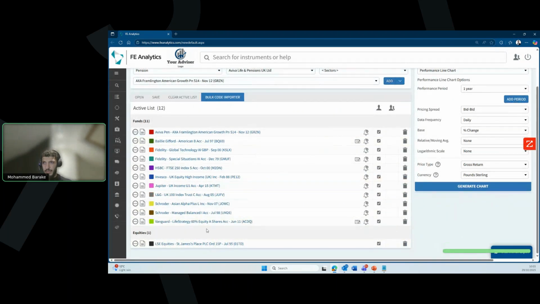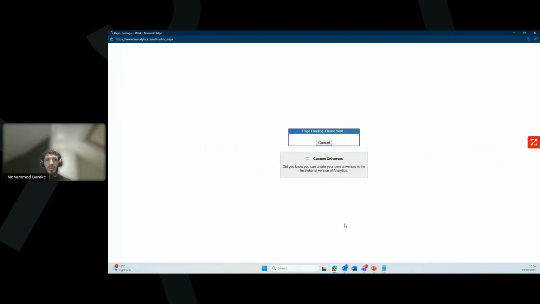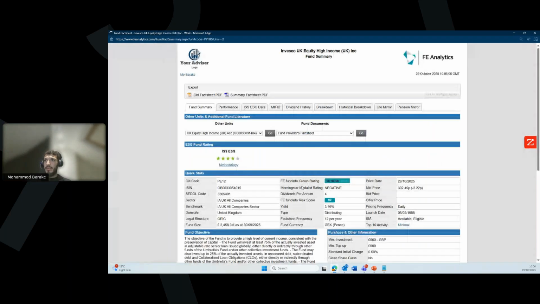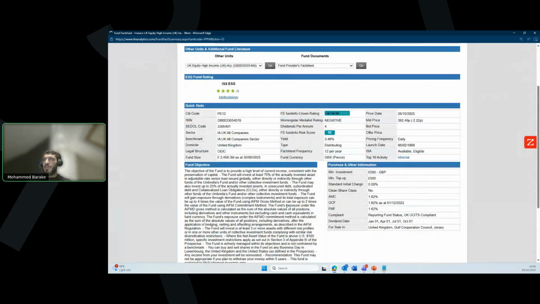Now, if there is a certain fund fact sheet that you're looking for from these funds, then all you've got to do is go to the fund that you want the fact sheet for, and then just click on this paper file looking thing on the left-hand side here. And when you do that, all the fund information will pop up, just like this. So here you'll get all the information you need on this particular fund, the costing, the yield,